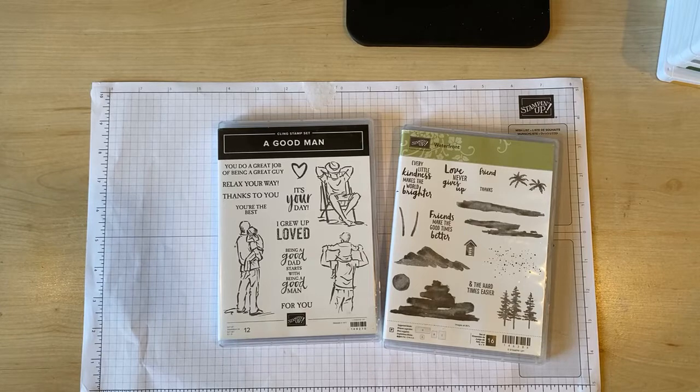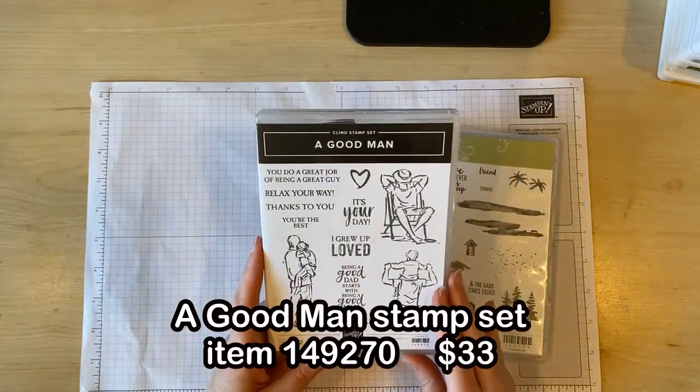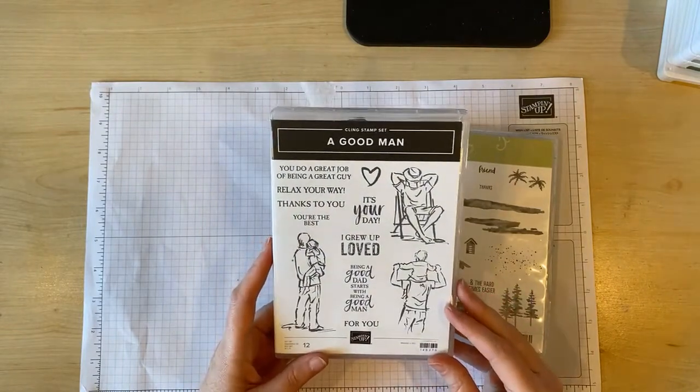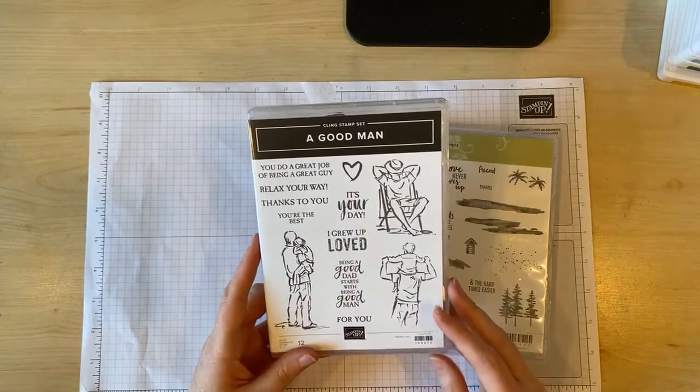Today I'm going to show you one of my favorite cards I've ever made, featuring this stamp set, A Good Man. This stamp set is perfect for all kinds of masculine cards. Father's Day, birthdays, retirement, all of those reasons that you need a masculine card, and it's often so hard to